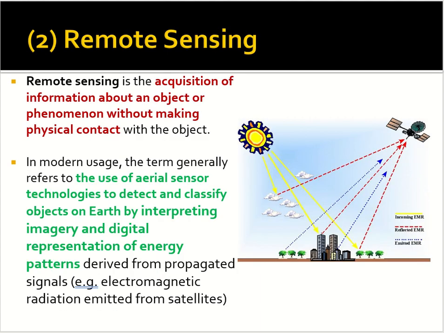Remote sensing. This is a field concerned with acquisition of information about objects without actually making physical contact. Within GIS, typically refers to the practice of obtaining data from satellites, using satellites to observe properties of the Earth system. This could be the surface of the Earth, it could be the atmosphere, clouds or water. Also aerial data. So some sensors are maybe small enough you can put it on a plane or a drone and take images.